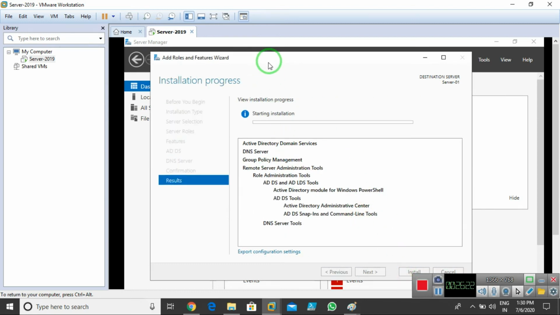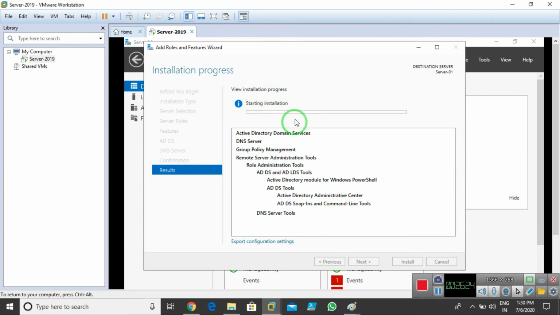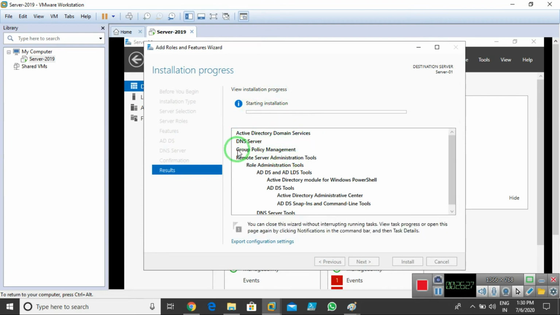So now I'm going to install Active Directory Domain Services. As you can see, Active Directory Domain Services and DNS services both. So the installation has started on Server 1.